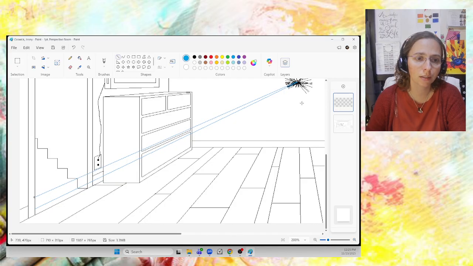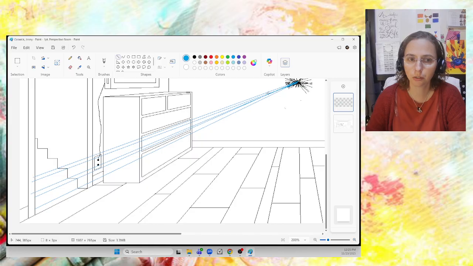So we'll go here. Remember that these are just guidelines, so I don't have to be super perfect about ending and starting, but they have to go through that corner. So these corners are super important. And I'm going to do the inside corner, and I'm going to do this top outside corner,